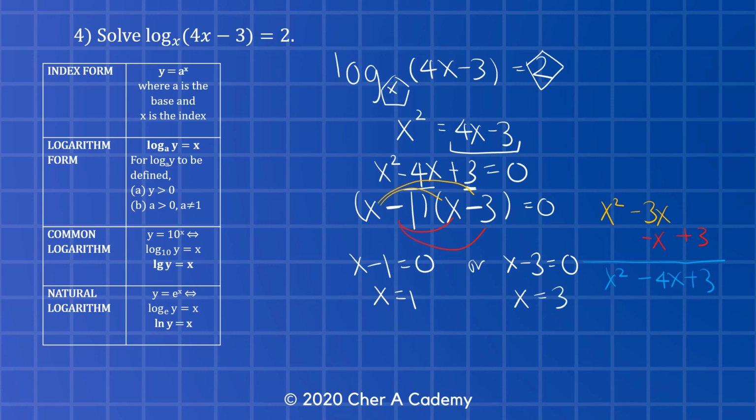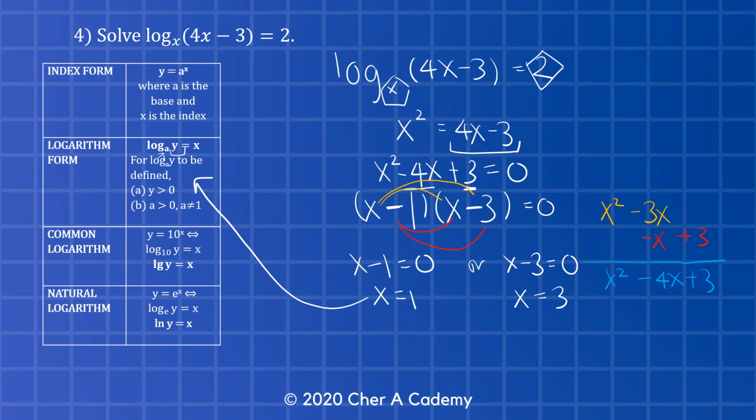Now I have two answers here. The thing about log equations is that you have to check whether the answer will be able to define my log base a y. So for my log base a y to be defined, there are two criteria to fulfill. So the first criteria is that my y has to be more than 0, or rather, whatever that I'm logging, it has to be more than 0. The second criteria is that my a, which is the base has to be more than 0,